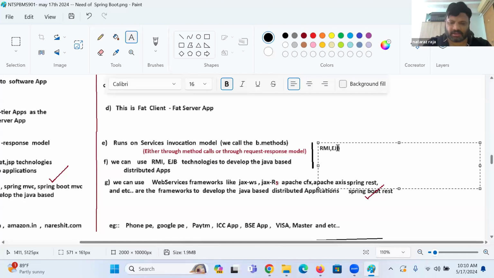RMI is a kind of distributed application that runs on a method calls model,